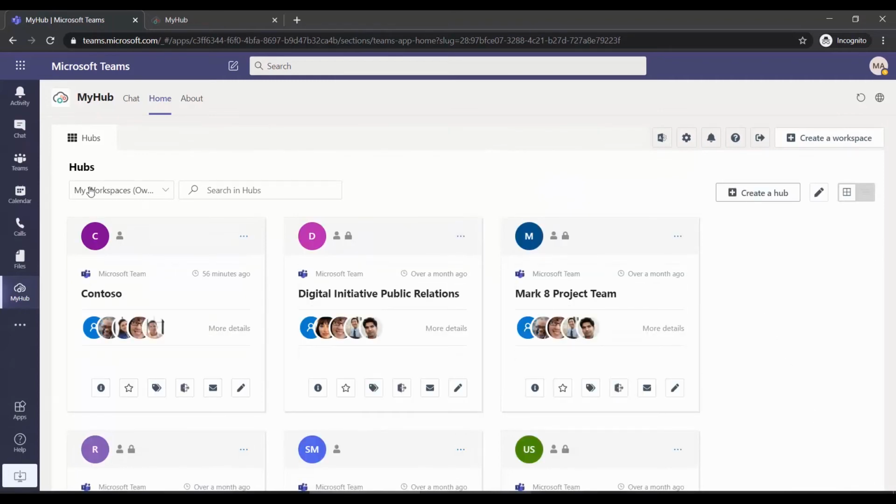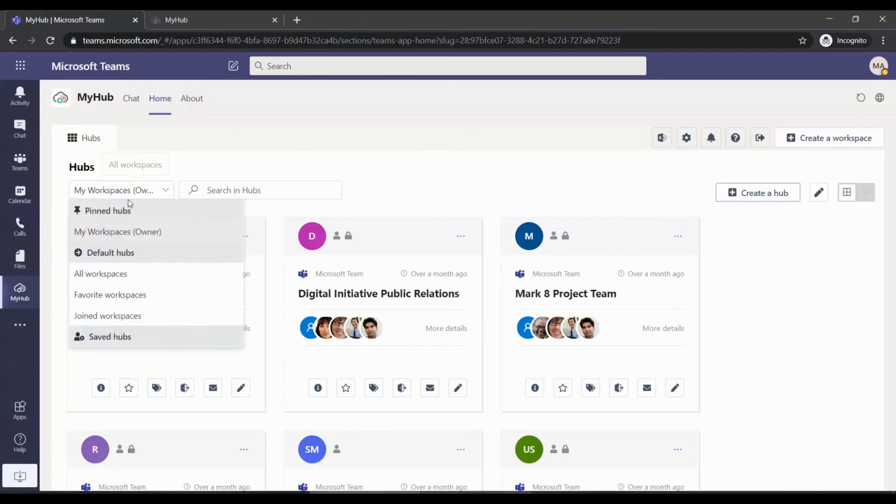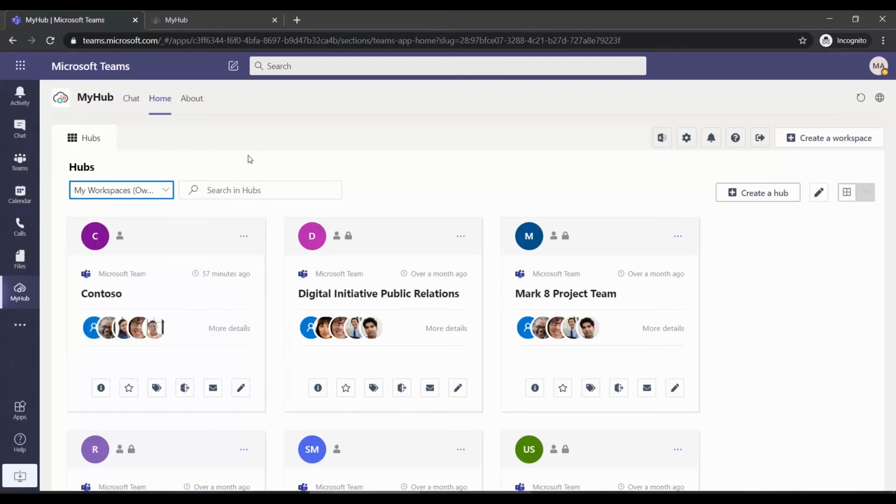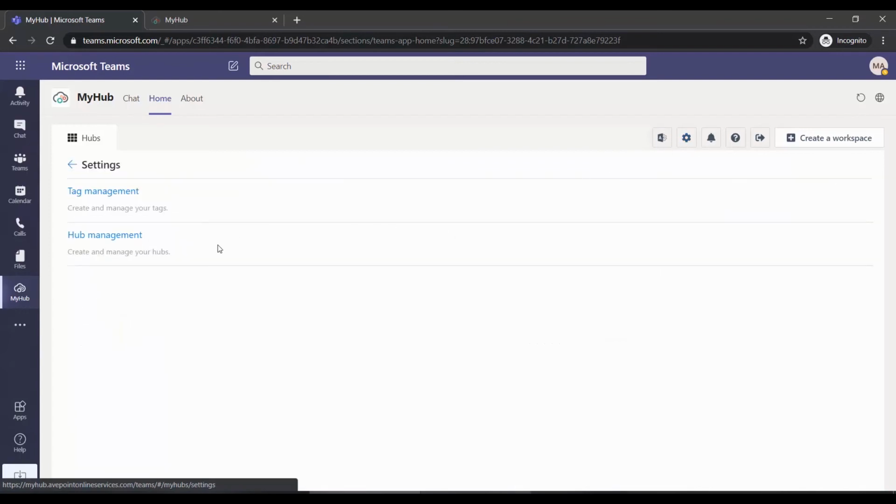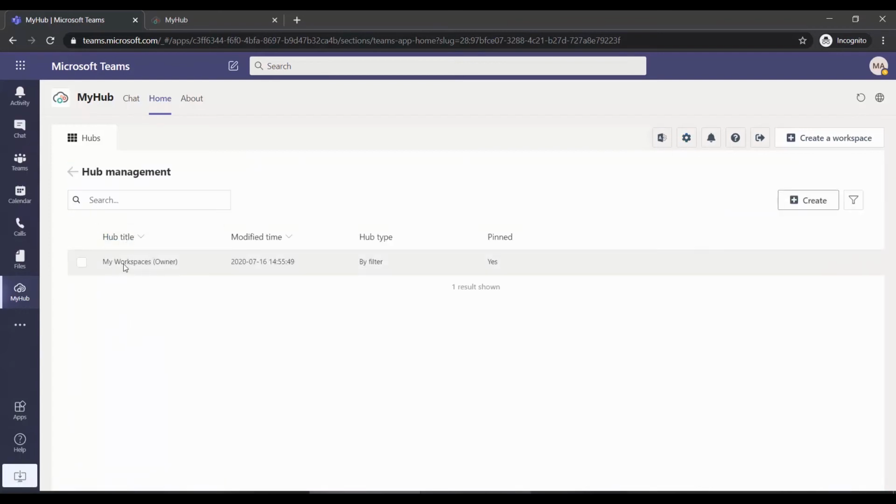Now, once that is done, you'll notice that particular new hub is available from the dropdown and is selected as your default, which means when you come back in here, that is what will be selected. Now, I listed it under pinned hubs and default hubs, which is why it's highlighted there in gray. If I wanted to change that, for instance, if I'm going to make other hubs and keep them under pinned, but still leave the My Workspaces hub as the default, where can I now go if I need to make that change? Well, remember, we can go into Settings, and under Settings, Hub Management,